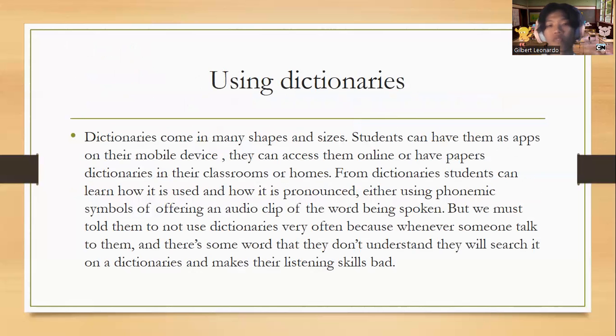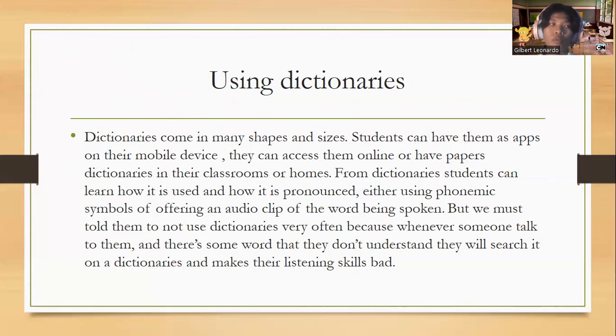And we're moving into using dictionaries. Dictionaries come in many shapes and sizes, especially in this era. Students can have them as apps on their mobile device, they can access them online, or have paper dictionaries in their classroom or homes. From dictionaries, students can learn how a word is used and how it is pronounced,